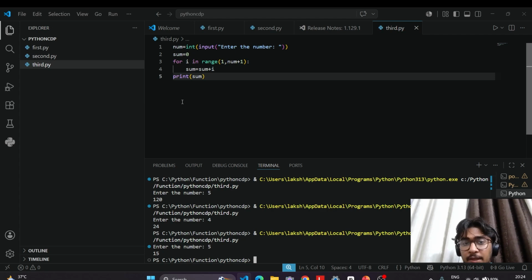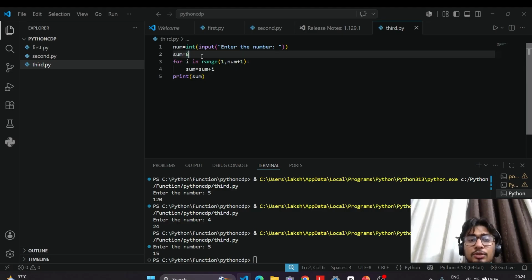हमें पता है कि 1 प्लस 2 प्लस 3 प्लस 4 प्लस 5 क्या होता है, 15। सपोज सम इज इक्वल टू 0 है, तो हमने 0 यहाँ पे प्रिंट करा दिया, मतलब 0 पे वैल्यू ले ली। तो 0 इज इक्वल टू 0 प्लस 1, क्या होगा, 1, ठीक है। अब जो 1 है ये सम के अंदर स्टोर हो जाएगा, जो कि लेफ्ट साइड में वेरिएबल है।